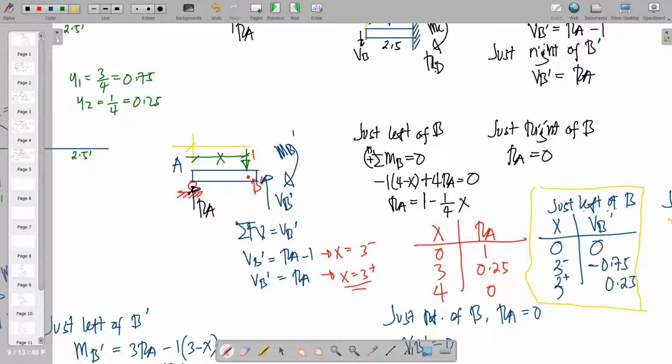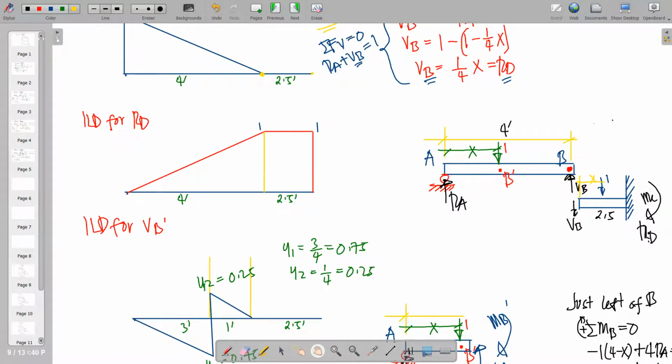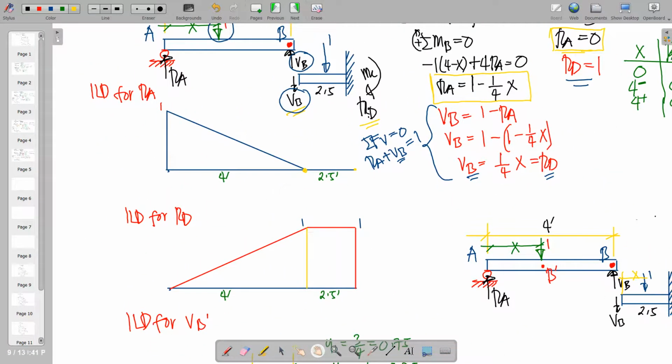So we have already established the equation for RA. So where shall we get the equation? Actually, we have already determined the ILD for RA. So here it is. However, what is lacking here is we do not know